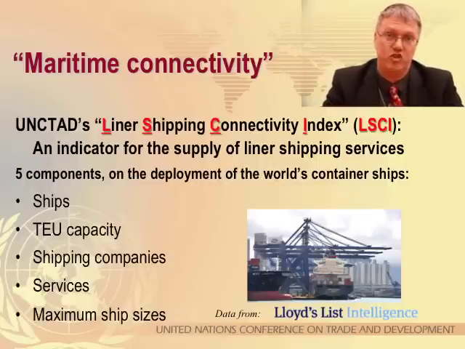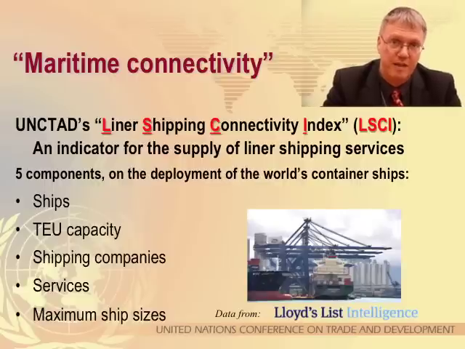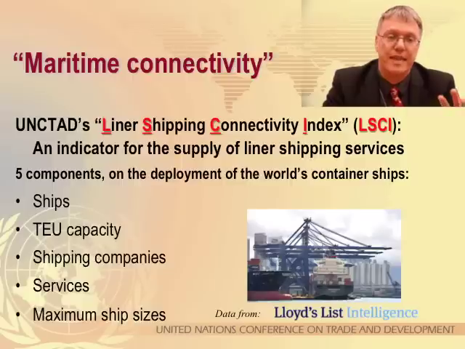It's all container ships in a database, and we know how many ships, their TEU, their container carrying capacity, the number of shipping companies that compete, that provide services from and to a country's ports, as a level indicator of competition, services, position in the network, and the maximum ship size also as an indicator of